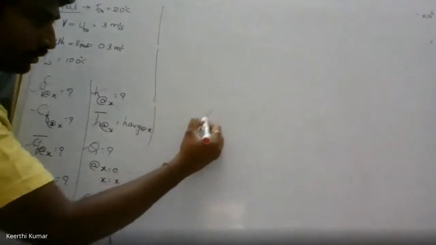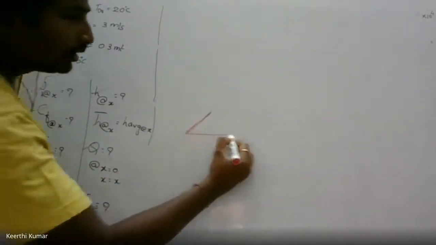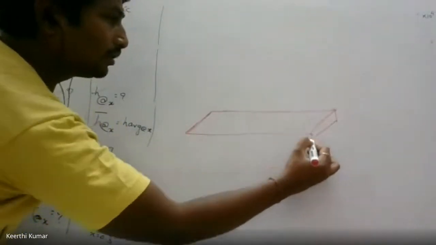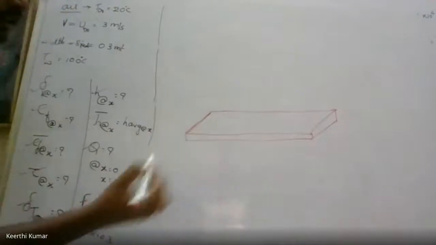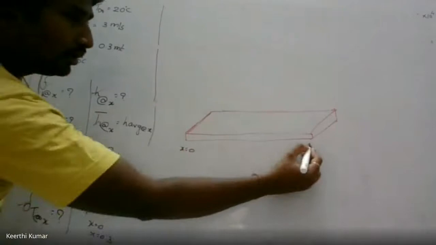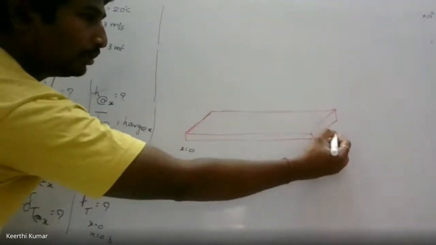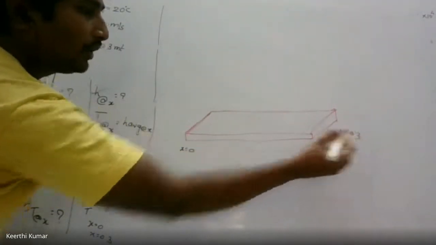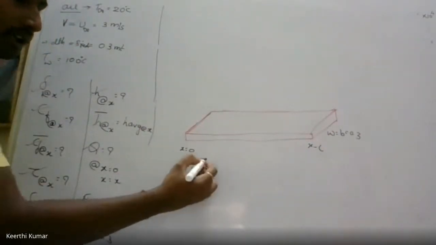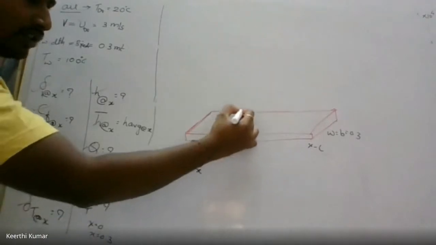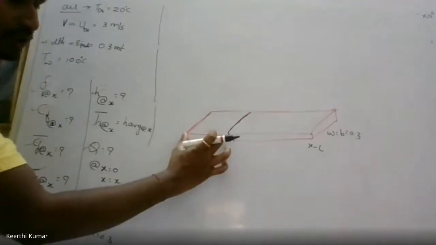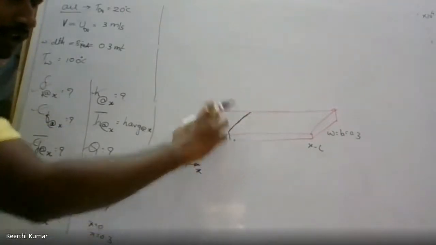See here. Let us assume this is the width and this is the length of the plate. I don't know the length; length is not given in the question. But here x is equal to 0, x is equal to L, and this is the width or breadth equal to 0.3. Everything he is asking is with respect to a distance x of 0.3. He is asking you to find all the properties only at a distance of 0.3, only this much. So we'll consider this L as 0.3 and width as 0.3.